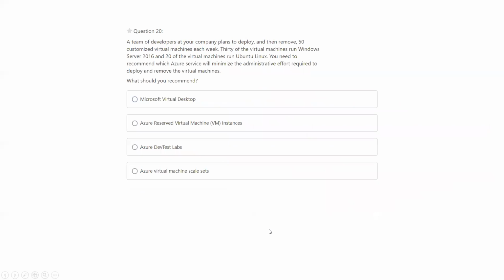A team of developers at your company plans to deploy and then remove 50 customized virtual machines each week. 30 of the virtual machines run Windows Server 2016 and 20 run Ubuntu Linux. You need to recommend which Azure service will manage the administrative effort required to deploy and remove the virtual machines.